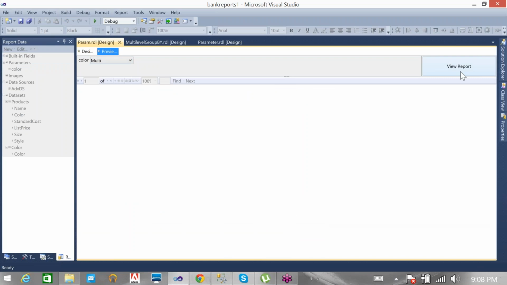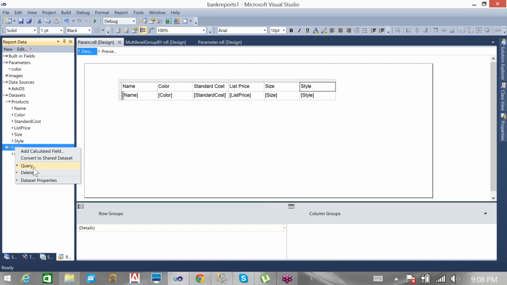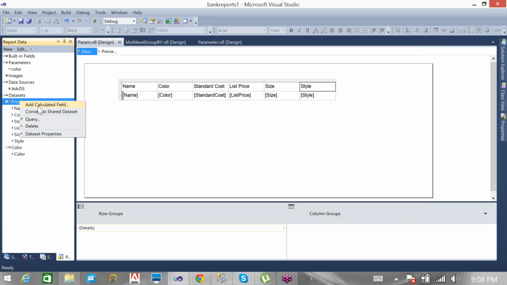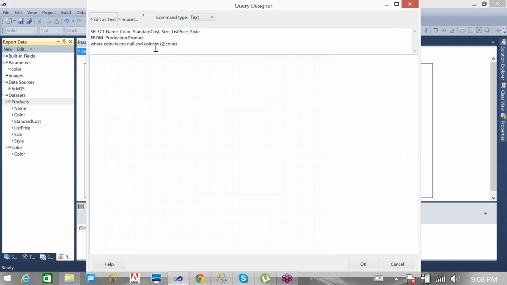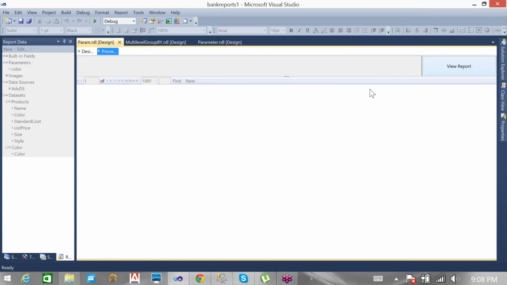Even though there is an in, you can select only one color. If you want only one color, go to the query and make it equal to. You can again get back to single color selection. You can write the query either way, that's not a big deal.